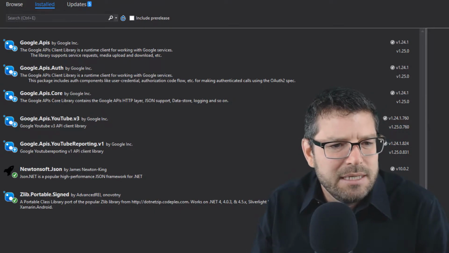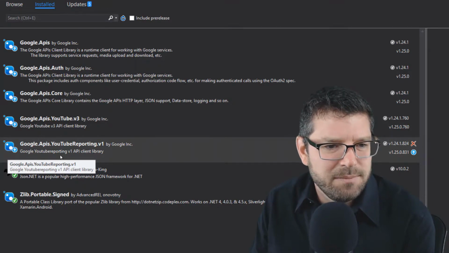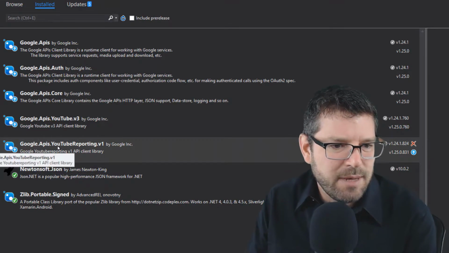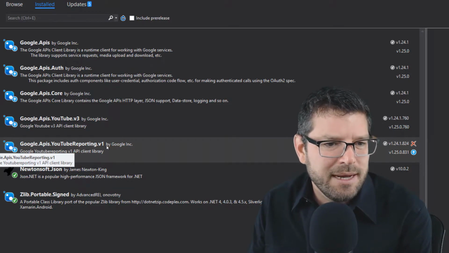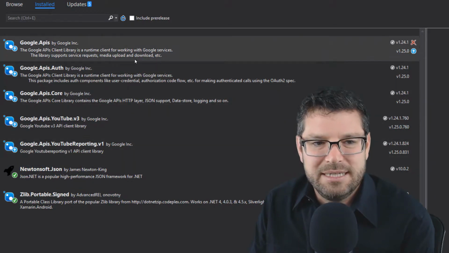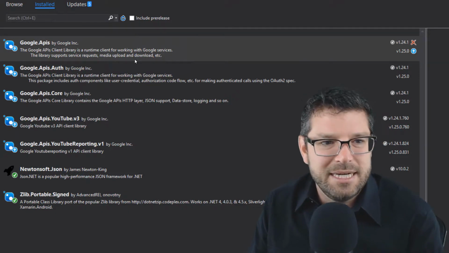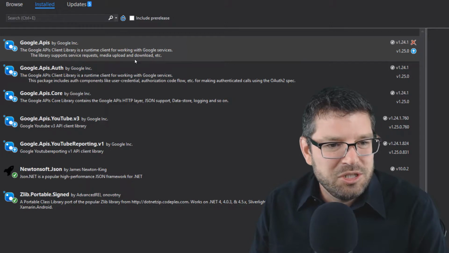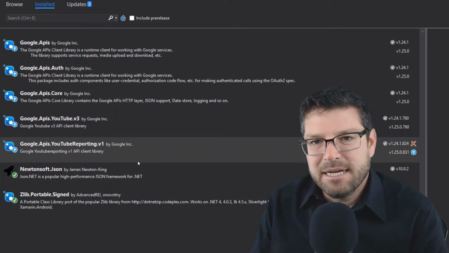And frankly, all of these, I believe, were dependents. If you simply select the YouTube API reporting version 1, I'm pretty sure that all of the rest of these projects that you see listed here are dependents for that project. But in any case, just make sure that you install each of these libraries